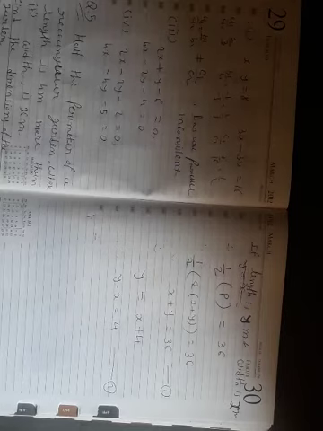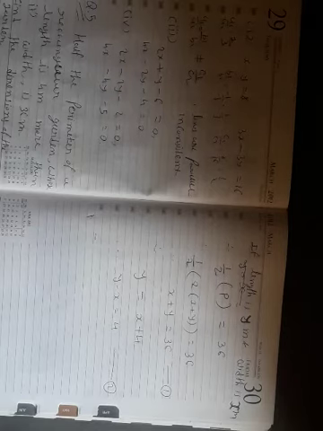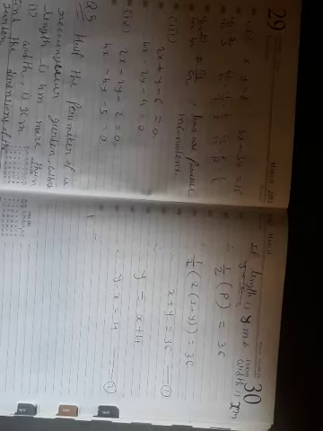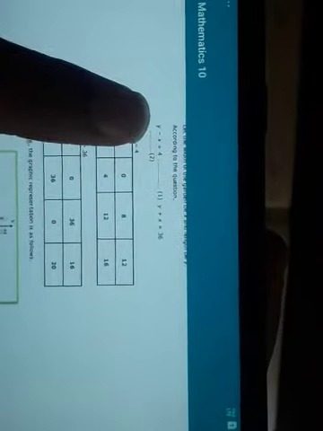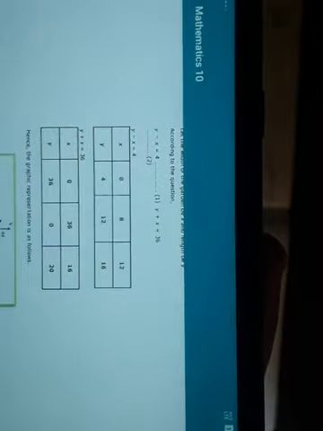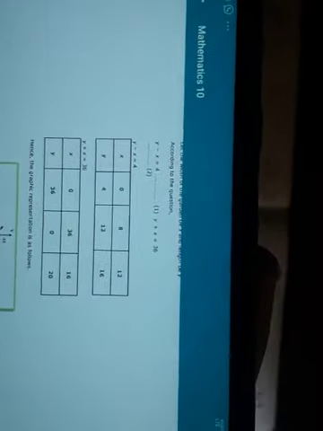Now it is not instructed here to find the solution graphically, but still it is an exercise in which we are having all the solutions graphically. So I will show you how to solve it graphically. I hope you can see it. These are the two equations, y minus x equal to 4 and y plus x, or x plus y, both are same, equal to 36. That is our two equations.